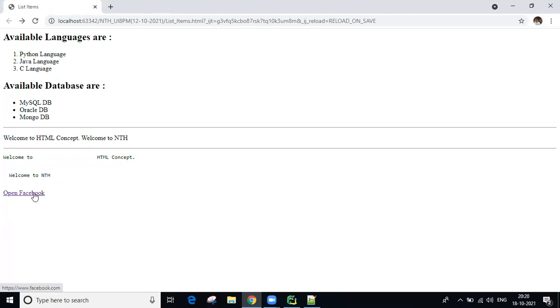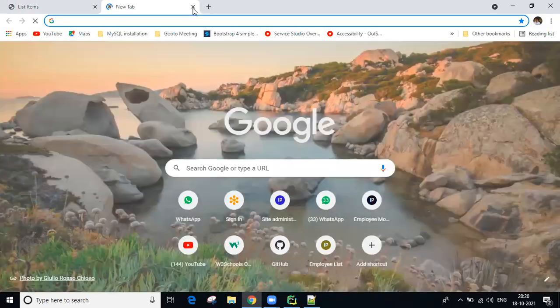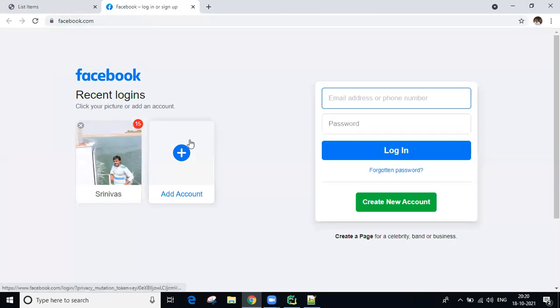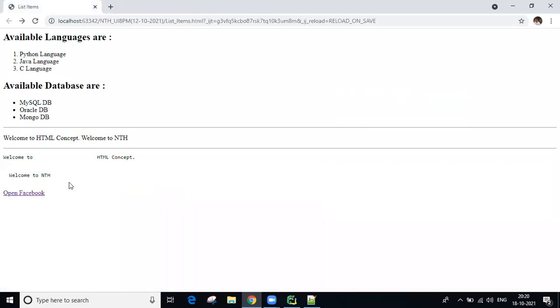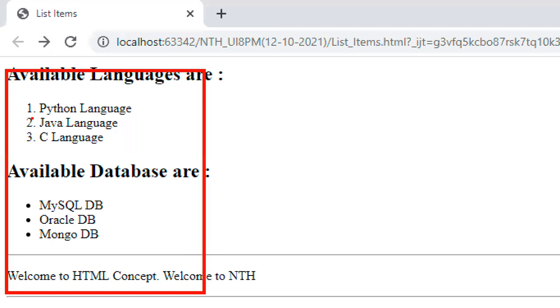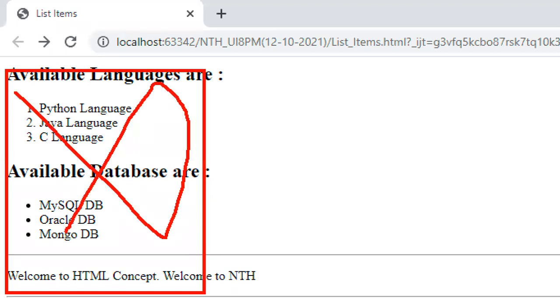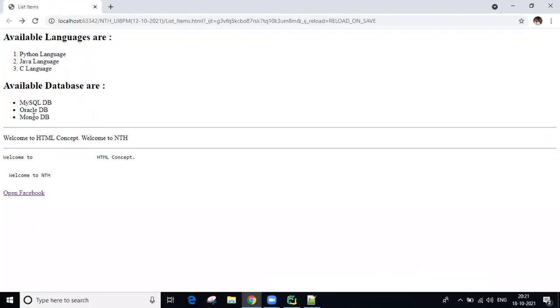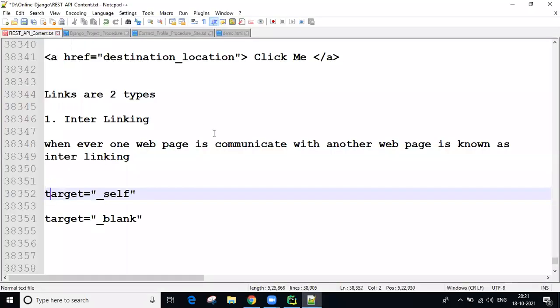After clicking this, a new tab opens, and our Facebook page opened there. That is blank behavior. If you use self, within this page only, the entire content is replaced by Facebook content. That is self.